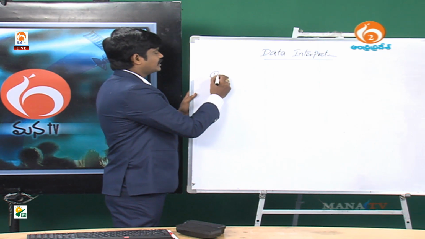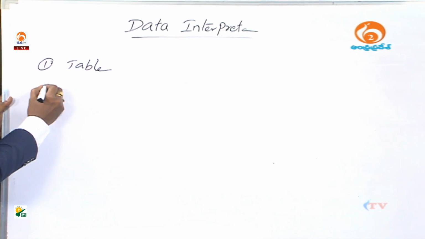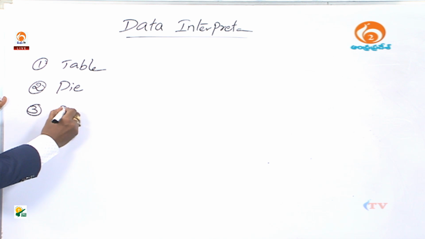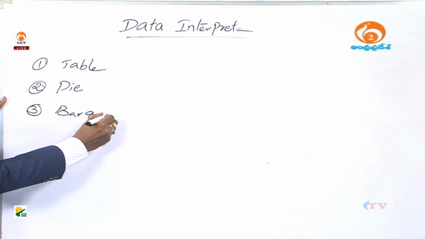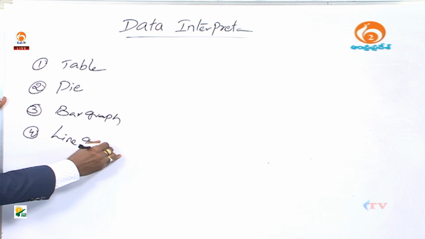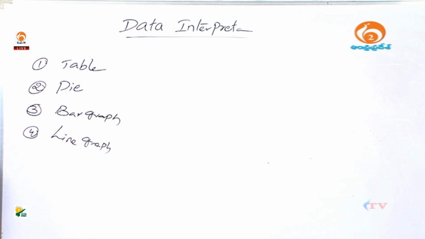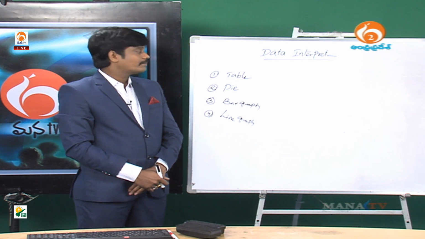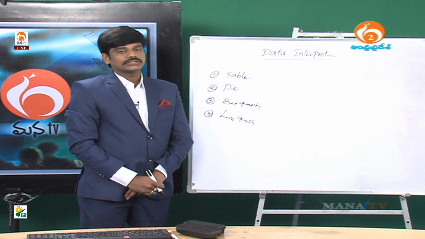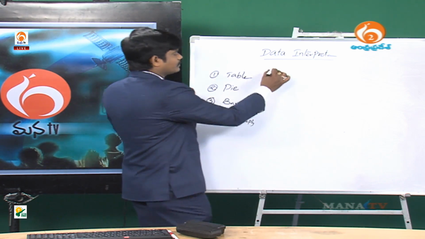The same way here, data interpretation is nothing but the data, whatever data is given in different formats. The first one is tabular format, the table format, the second one is pie chart, the third one is bar graph, and the next one is line graph. So they give the data in tabular format. By using the data, whatever question they ask regarding the table, you can conclude and give the answer for that question. For example,